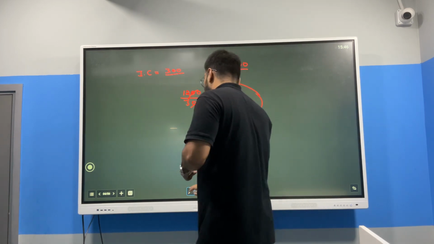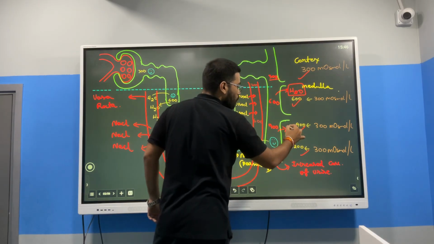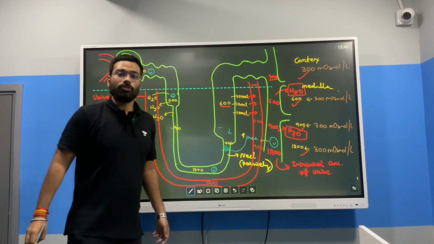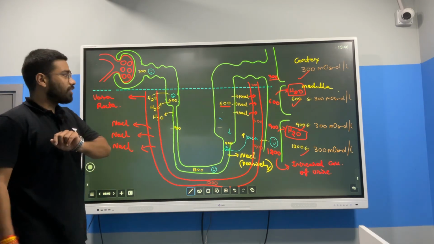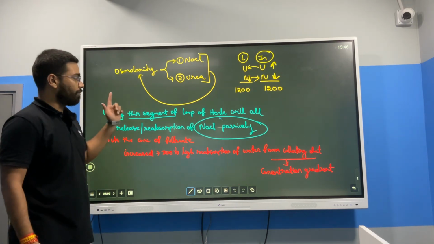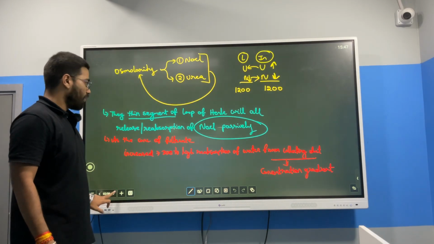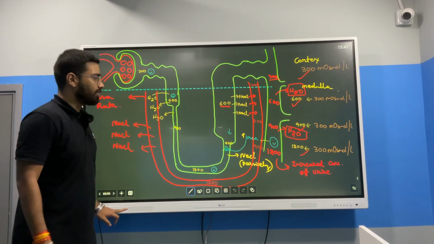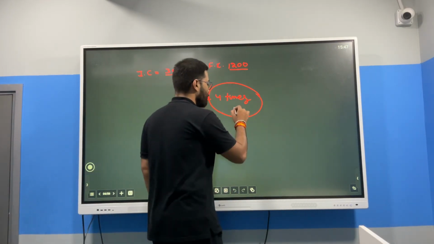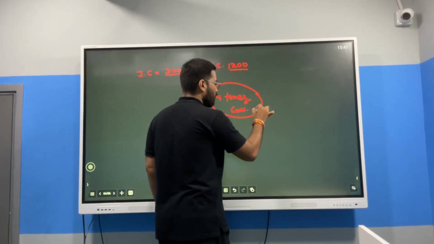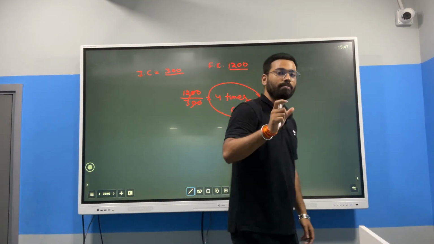And in this way, when the water is reabsorbed, we can save a lot of water. And this is the whole process of the counter current mechanism, starting from the basic things to the final part of the diagram, that is the counter current mechanism, and this is the final product, that is 4 times concentration of urine. So I hope you understand this basic part of counter current